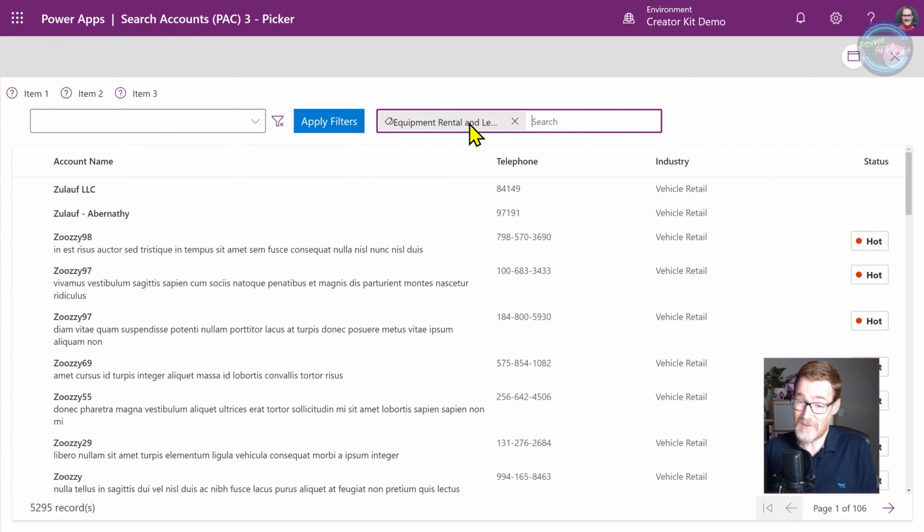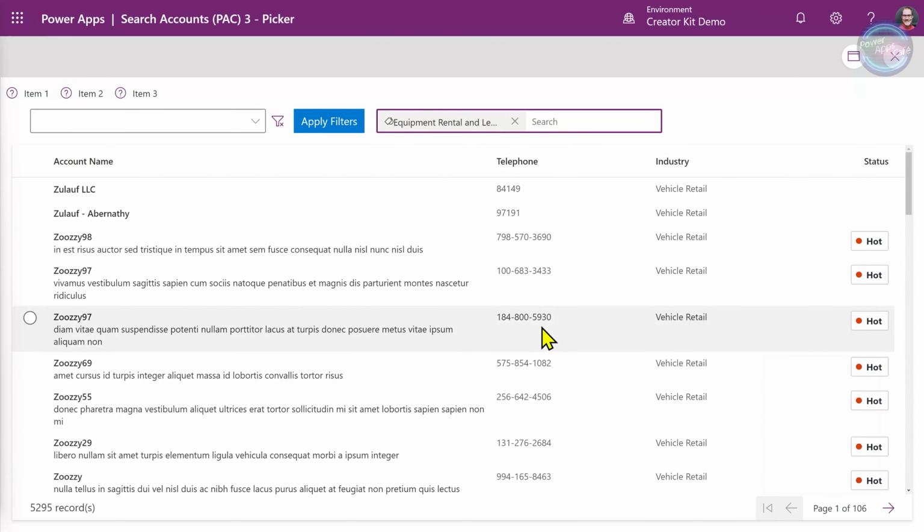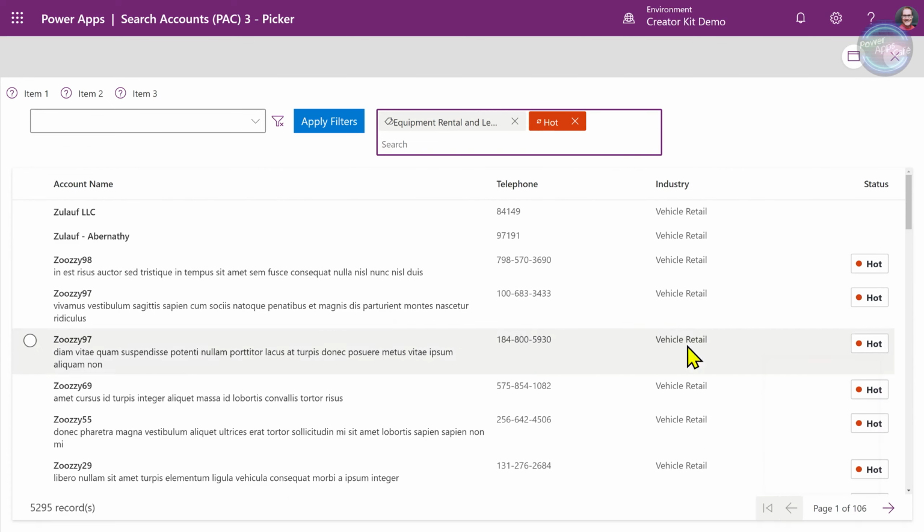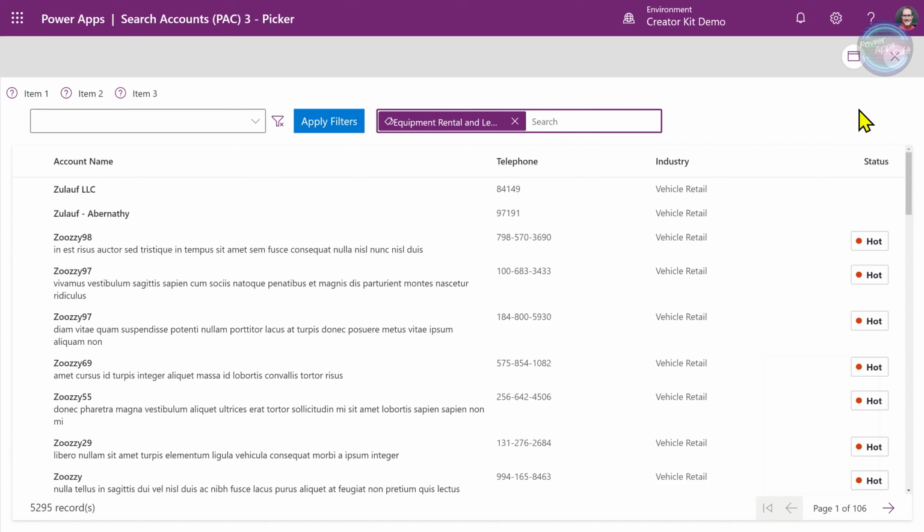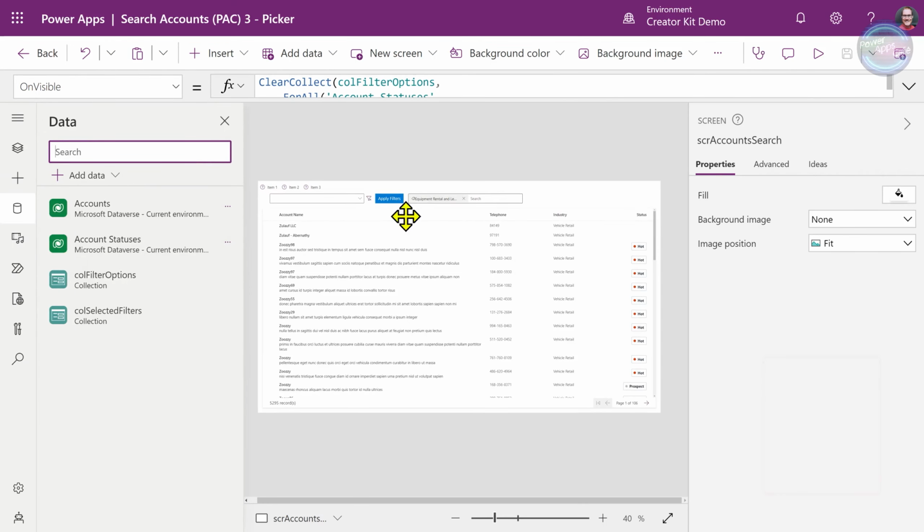Now, of course, this is the thing about if you created a control similar to this using a canvas component, then these are the things that perhaps you would lose and you wouldn't be able to implement as easily, or maybe not even at all, using those kinds of constructs that you get when we use the creator kit. Now, as I'm adding these, you'll notice obviously it's not filtering, which ultimately is the whole reason that we want to do this. So what we need to do is add in that functionality.